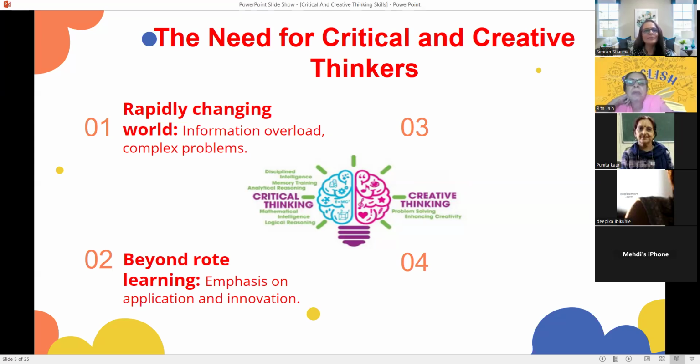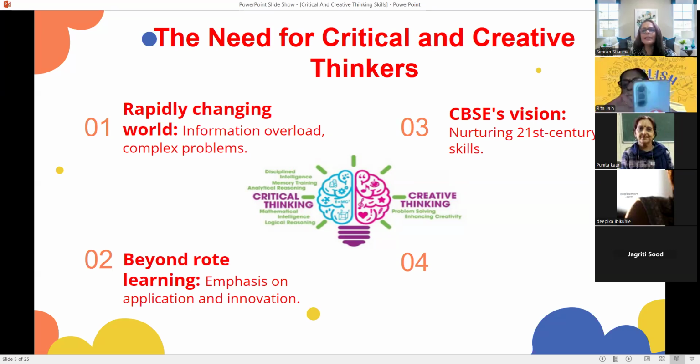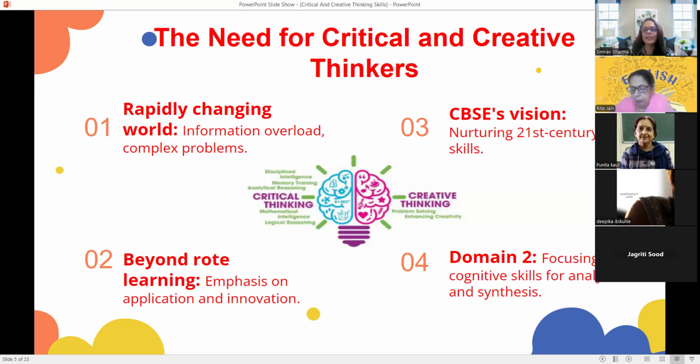Another reason is, what is CBSE's vision? CBSE is nurturing students to acquire 21st century skills. Why and how are they going to do it? Unless they are equipped with both the skills, they won't be able to handle real life situations. Another reason is that it is present in our domain too, which focuses on inculcating and enhancing cognitive skills for analysis and